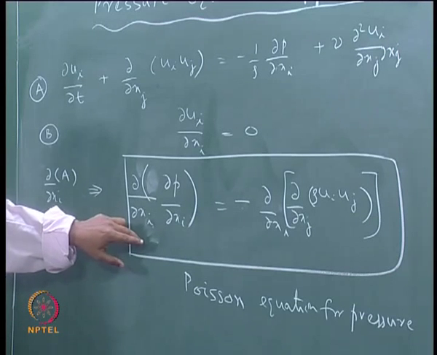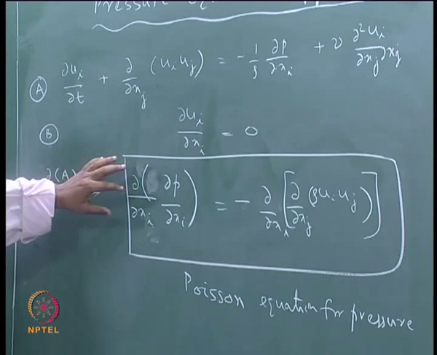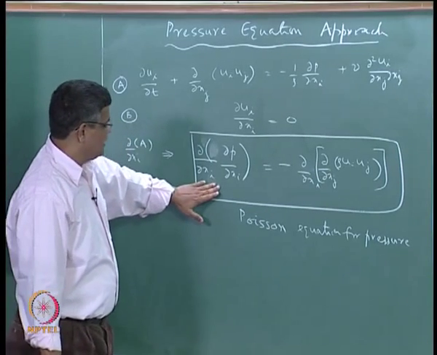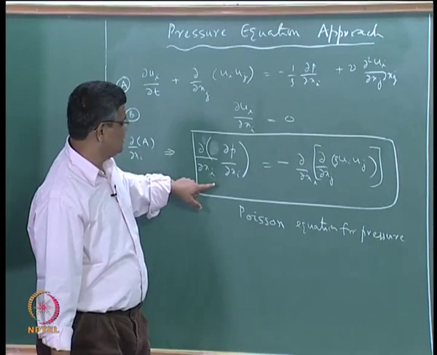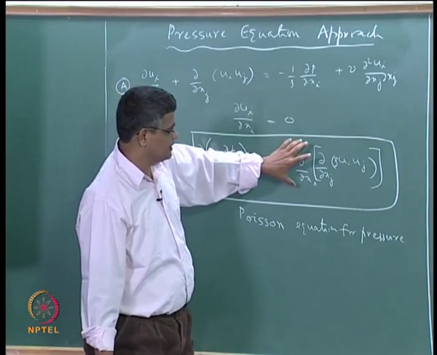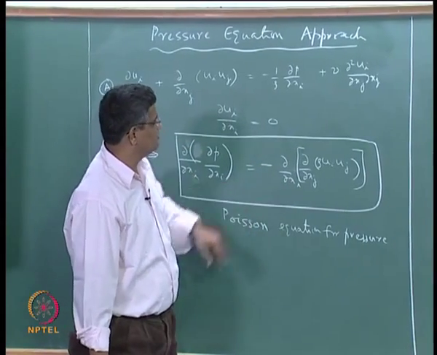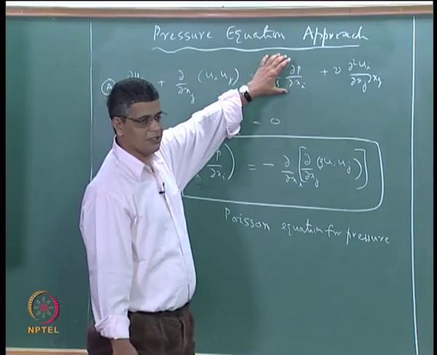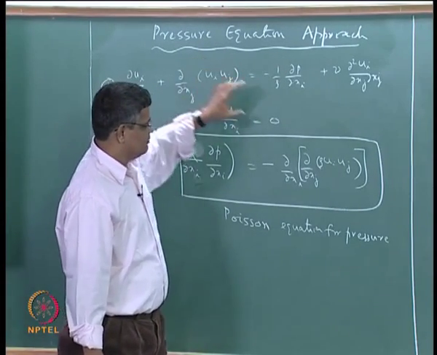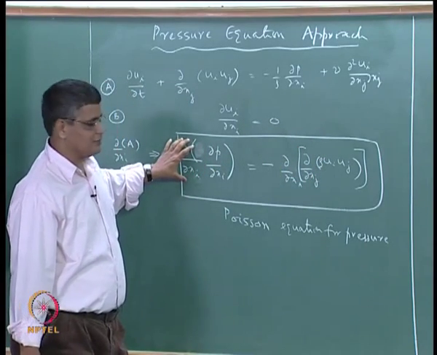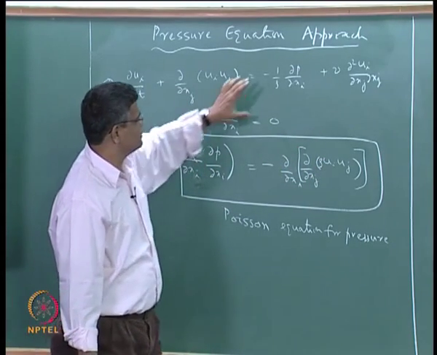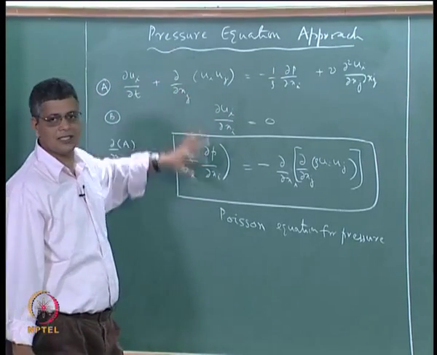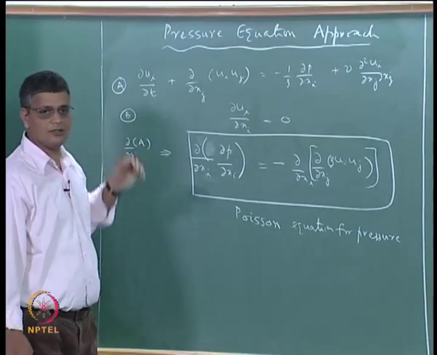and this, as we have mentioned earlier, we have written down the two-dimensional form of this in the stream function vorticity method, and this can be solved provided the right hand side of the Poisson equation is known. So one idea would be to solve this with an assumed pressure and get the velocities, put the velocities here, get the pressure, and then use this pressure to go back and calculate this, and then get a velocity field. We can do this kind of iteration. So that is one way of solving this.